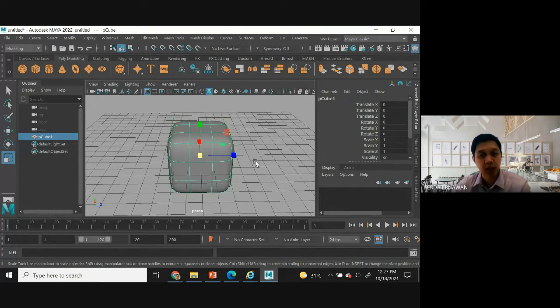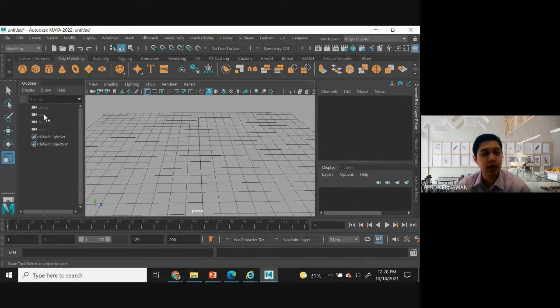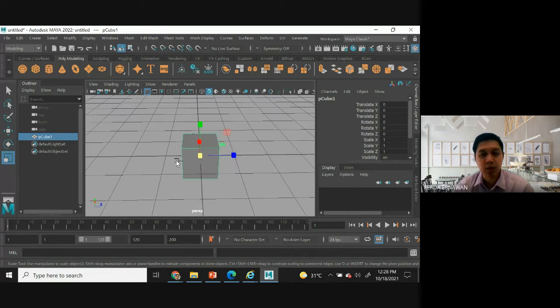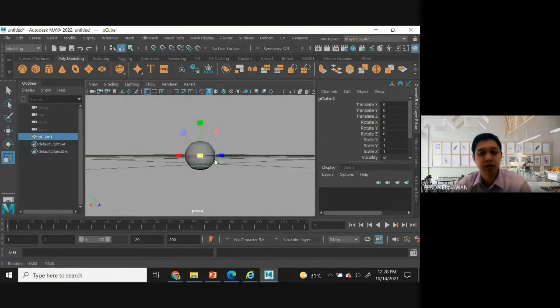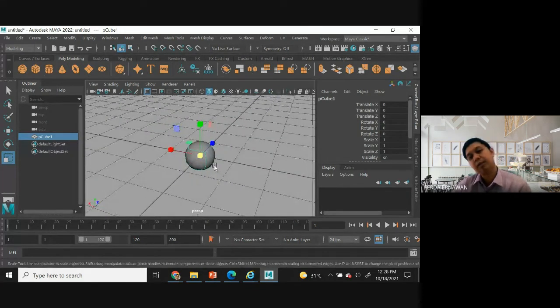Let's say this is level 3. Or let me show you the original without the subdivision, because that one is already subdivided and then you subdivide it again. This is the box. If you press 1, this is what you see. The second one is the second level, and if you press 3, this is the round one. So this is the smooth level of the polygon itself.